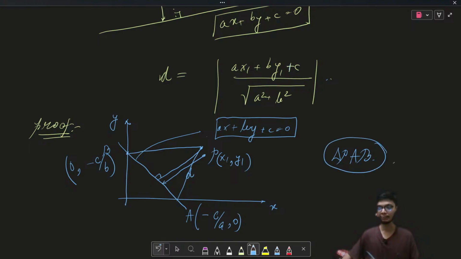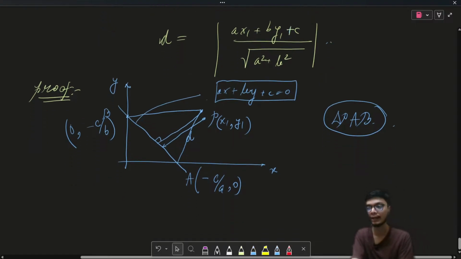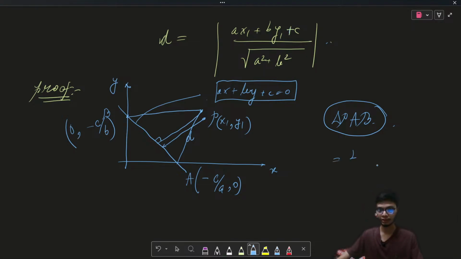So this triangle PAB, if I try to find out its area, I can find it using half into base into height. The height is d and the base is basically AB. So I will find out the distance of AB. Now in a similar manner, I can also find the area of this triangle PAB